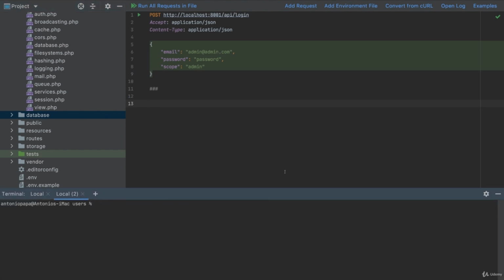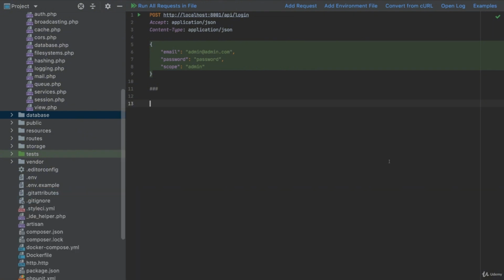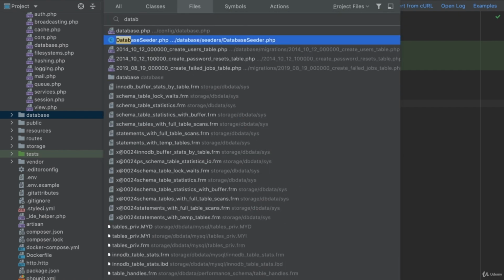To do it, we will create a seeder. So PHP artisan make seeder user seeder. But we won't generate fake data. We will import data from our other database. So first let's go to database.php,